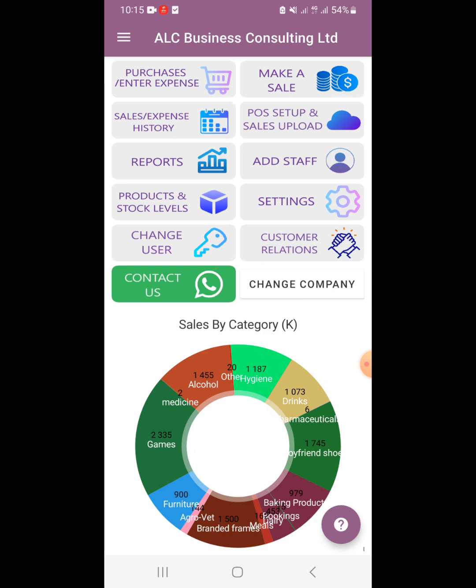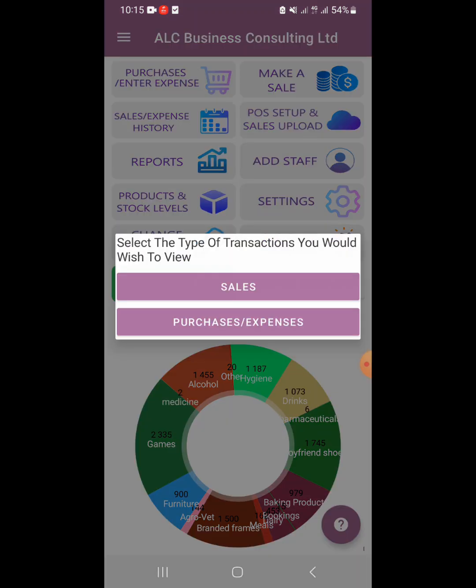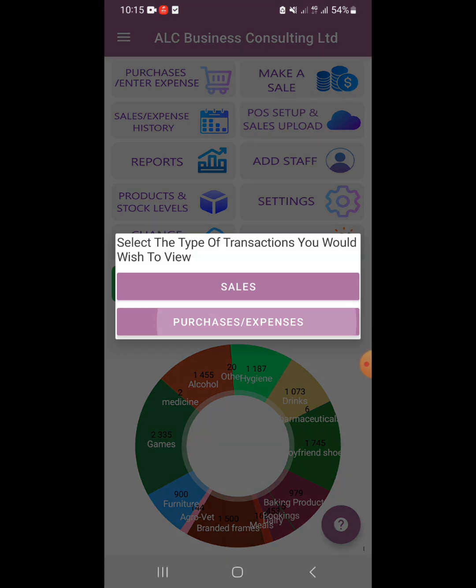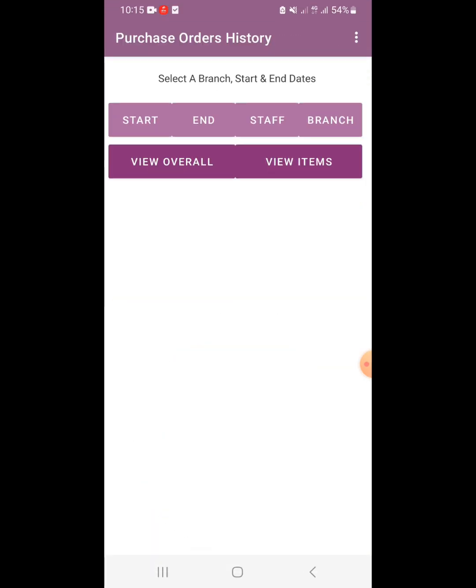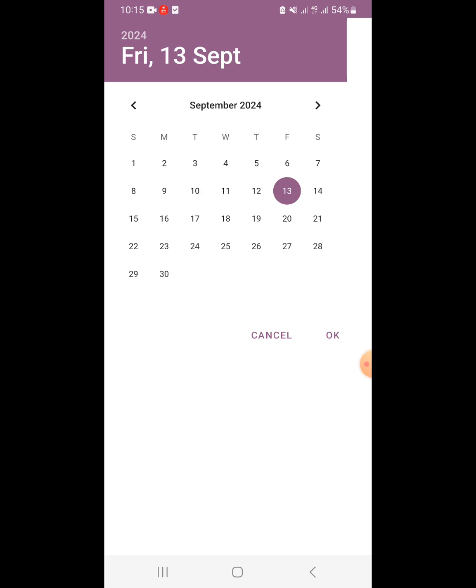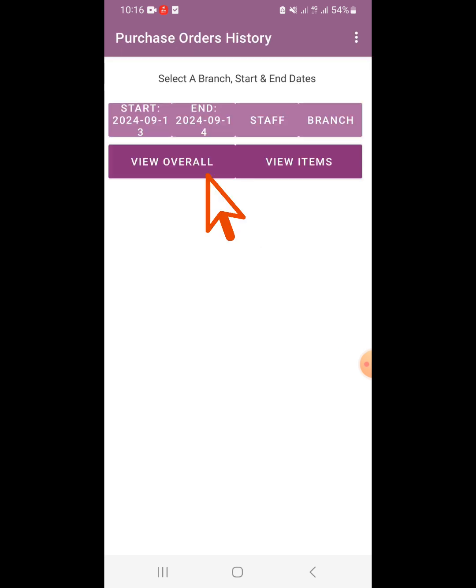Now below the purchases and enter expense button on the home page, there is a button that says sales expense history, which I'll click on right now. I want to look at my purchase slash expense history, so I'll click on that one. For start date, I'll put today, 13th of September, and end date, I'll put tomorrow. Remember the way this feature works is that it loads all the transactions from 0 hours of the first day to 0 hours of the end day. So now I'll say view overall,